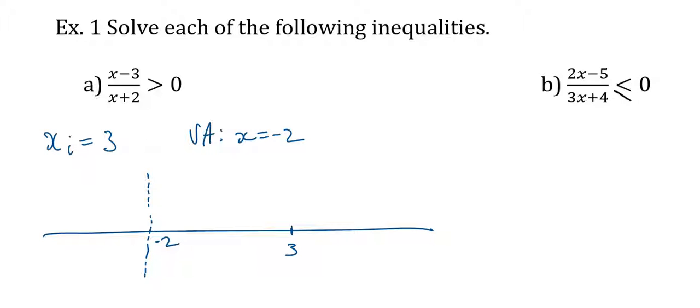Now I don't usually write out the intervals, but this is the interval x is less than -2. This is the interval -2 less than x less than 3, and this is the interval x greater than 3. So what is a number that's less than -2 that could represent this whole interval? Because what are we talking about here? We're talking about whether this function,